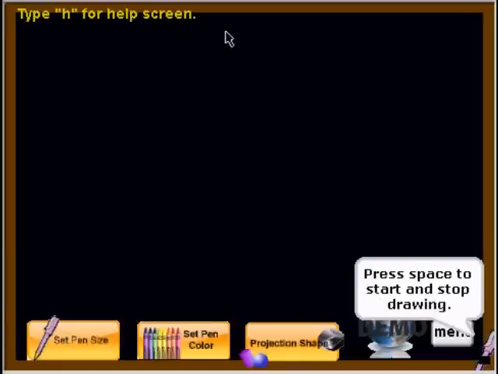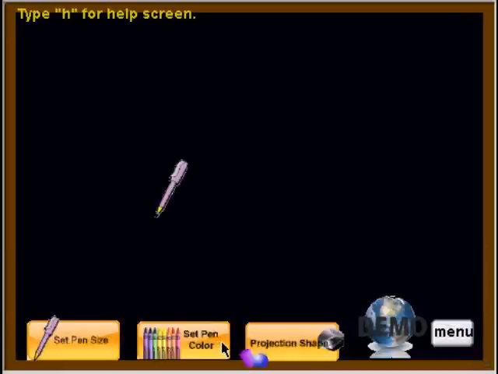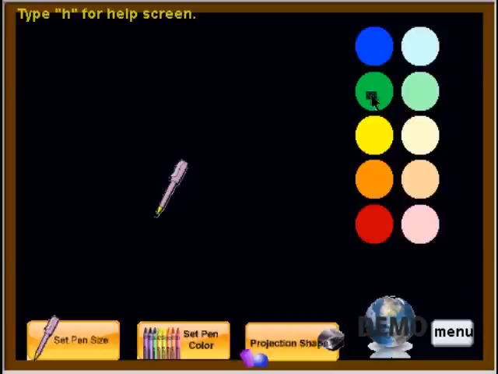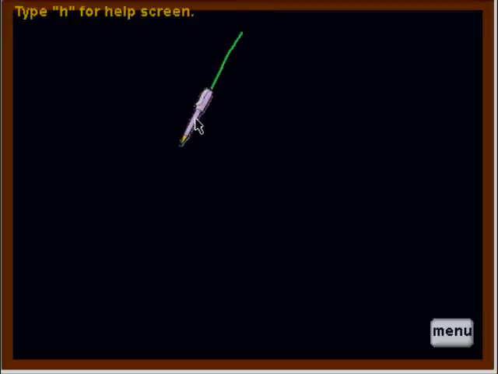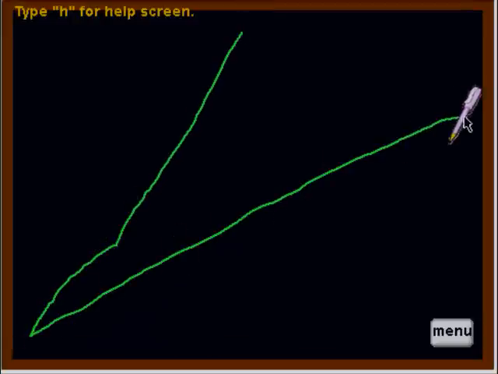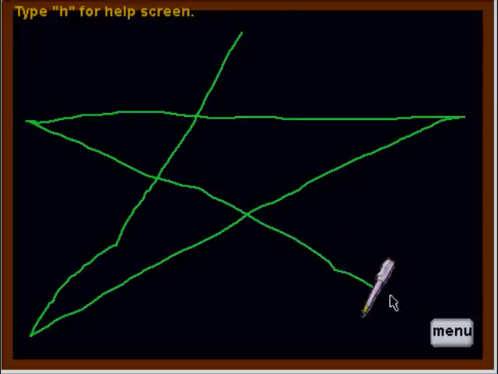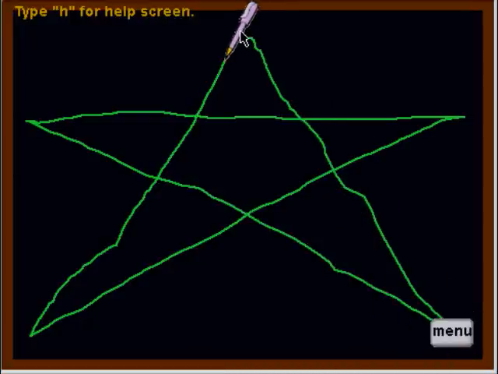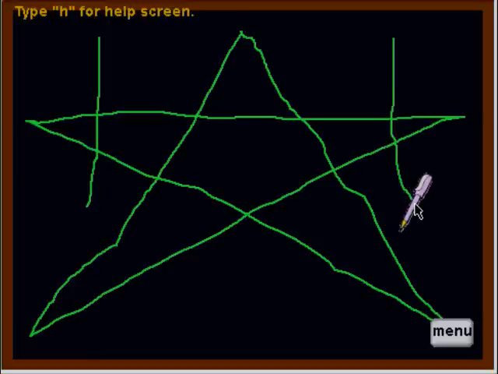Okay, and now I'll show you something else that we can do. First I'm going to set the color. Let's go for green this time. Now something else that we've enabled you to do is to just draw freeform. All you have to do is press the spacebar and the mouse will follow you to exactly where you are. So I'm going to draw 2 more lines to the star